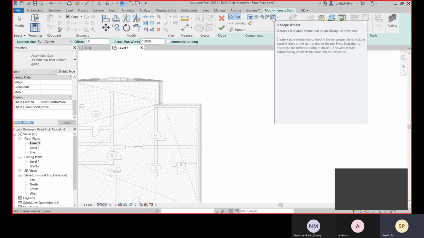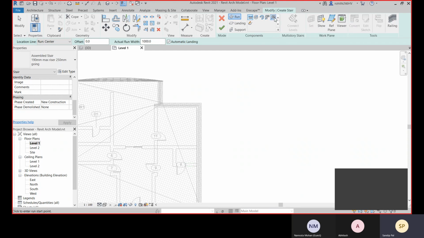The shape is already defined. Now you can go with any one particular shape, and then you can change the run width, riser height, and tread length. Those things you can define. These things are very easy to create.